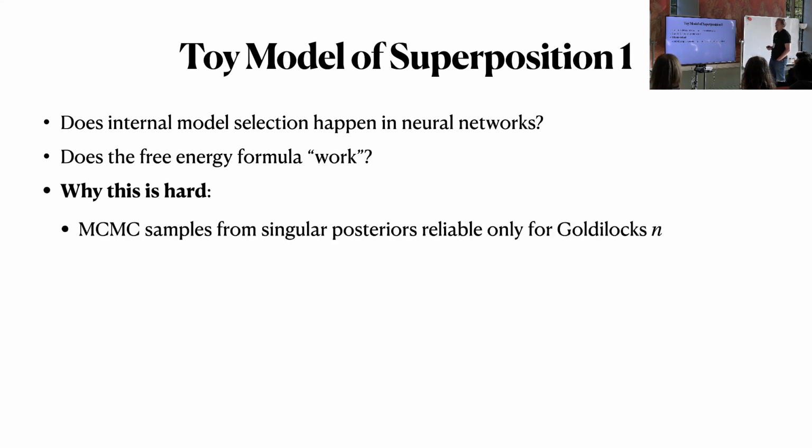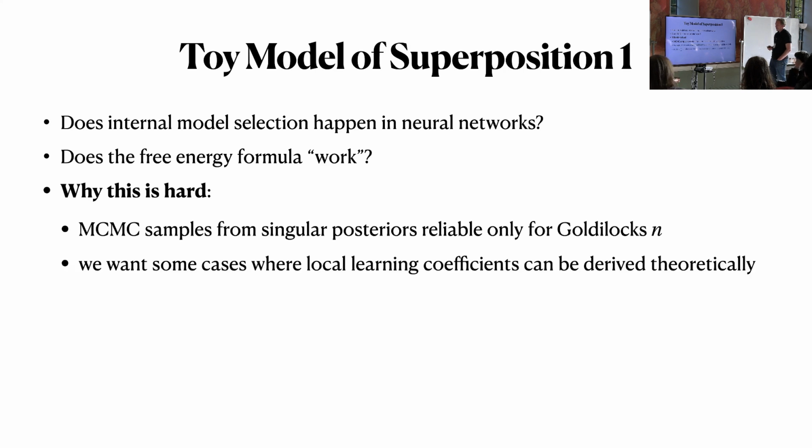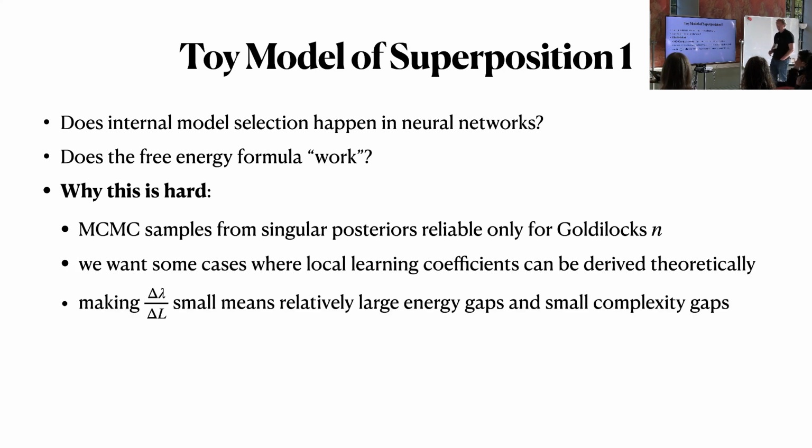It's not easy to find good examples of this for a few reasons. You don't want an example that just has phase transitions, because if you don't have independent ability to say what the RLCT is, you can't actually check if the theory is working, right? So the desiderata for finding a good test of this phase transition story is that you want to be able to do MCMC sampling to really understand the posterior and see that actually the theory is